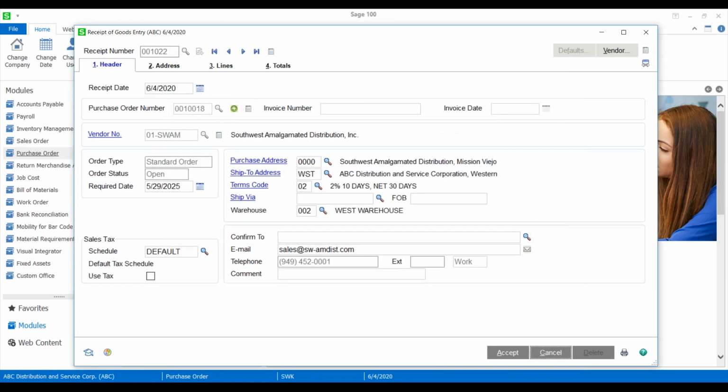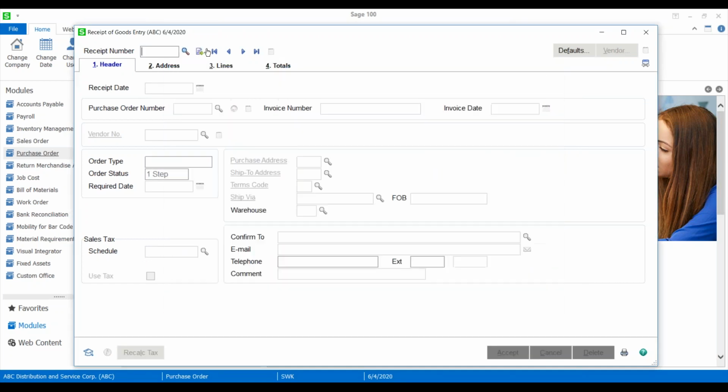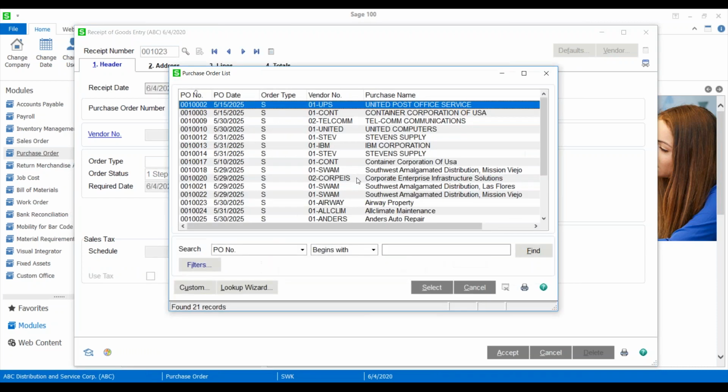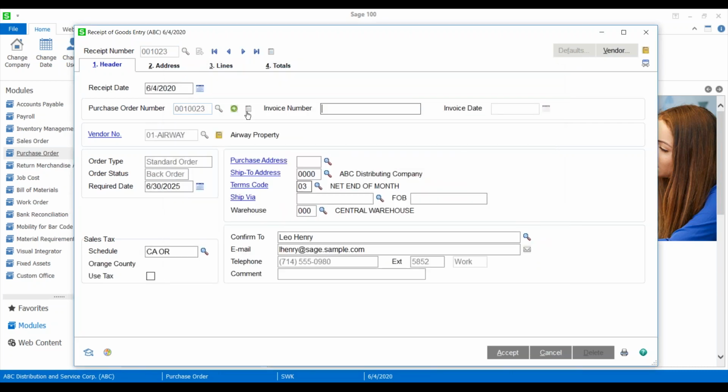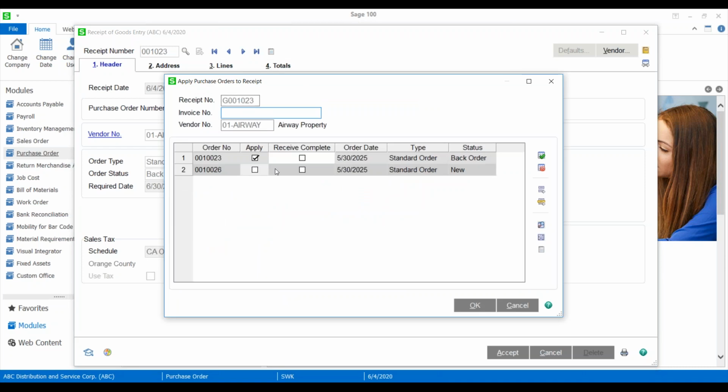I apologize, guys. I looked at this data earlier, but maybe it wasn't in this company. So we'll do one more try at this and see what we can come up with. Airway Property. So here's the one we're receiving, back order, and we have another one that we'd like to receive